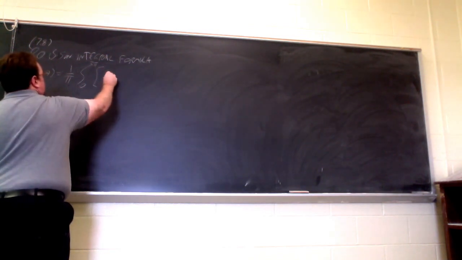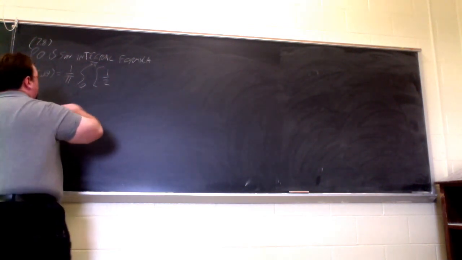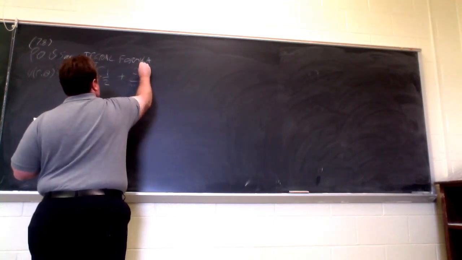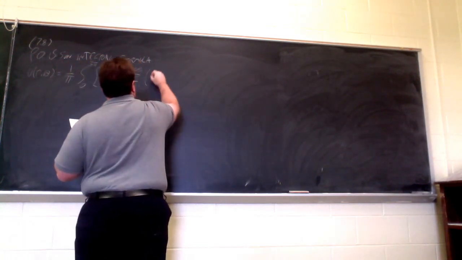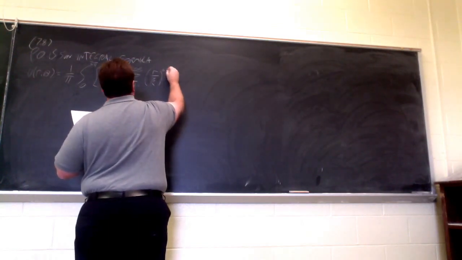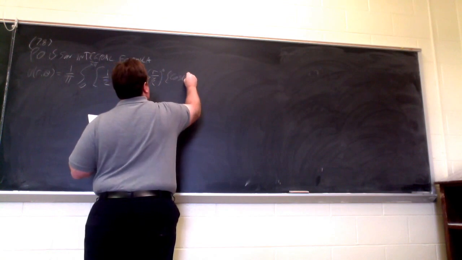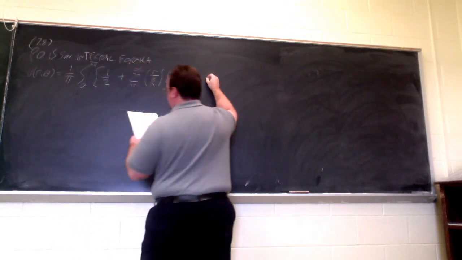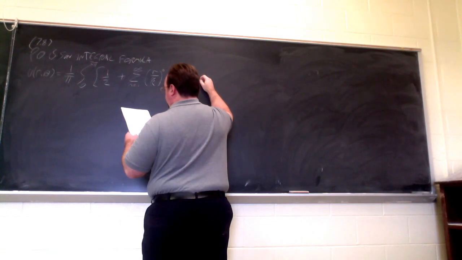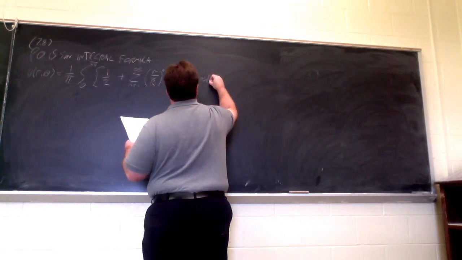I have 1/2, and then the sum of r over r tilde to the n, and then I have cosine n theta times cosine n